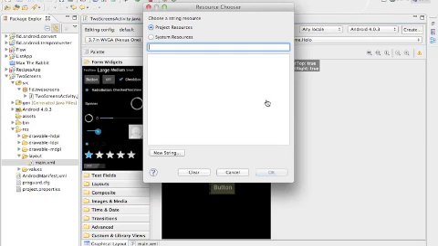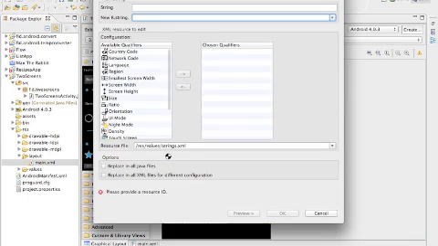So let's edit the text. Now the text, it's asking me for system resources. So I don't have a string, I don't have a text for this. I have to go create a new string. Okay. And you can create all strings beforehand. That's much more practical, but you can also do it like this. So the string is going to be